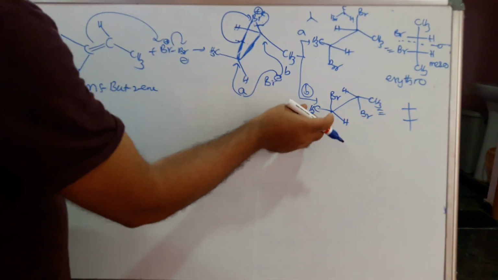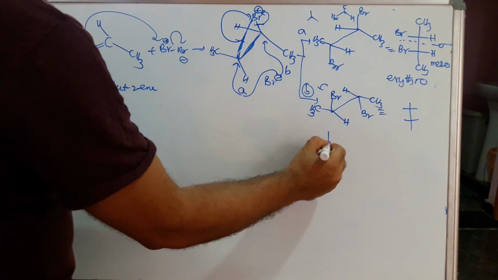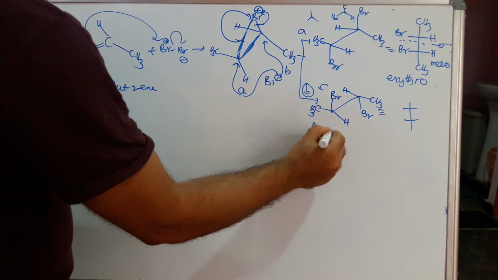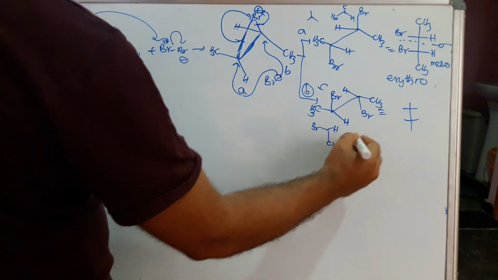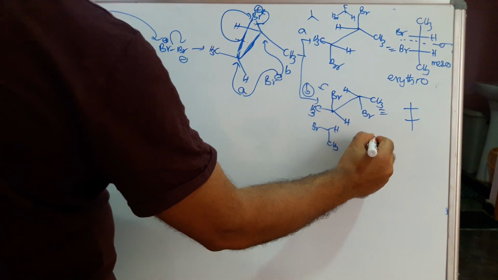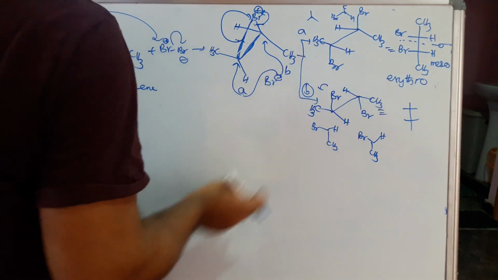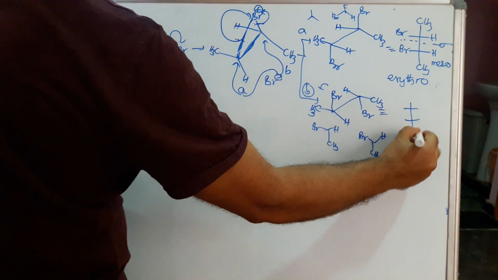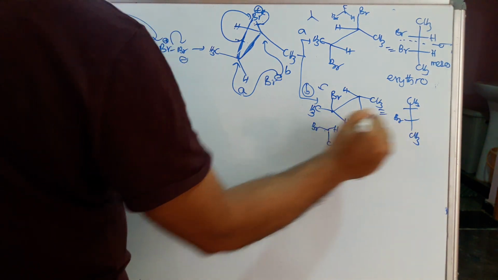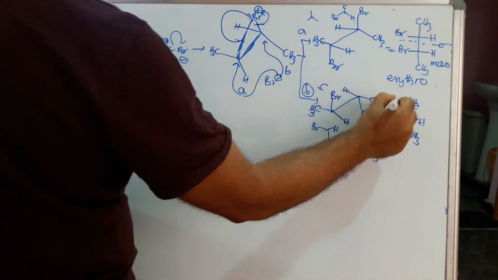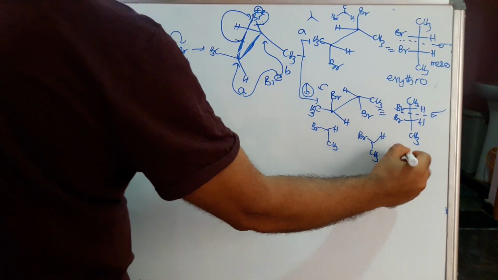If you want to get the Fischer projection, just rotate this. If you rotate this anticlockwise, then CH3 should be down, Br should be left, H should be the right side. It is the same. Rotate this clockwise. Clockwise means Br here, and this will be the H. This will be the CH3. CH3 comes here, Br comes here, H will come here. Then the first carbon has CH3 and CH3. This second carbon: bromine is the left side, hydrogen is the right side. Here also bromine is left side, and here also hydrogen right side. Here also it has the plane of symmetry. Then this is also called meso.